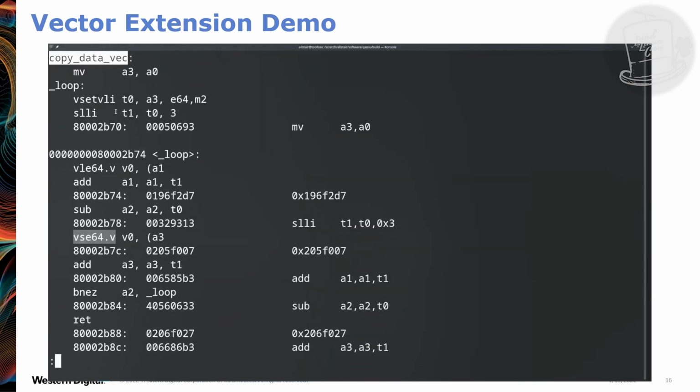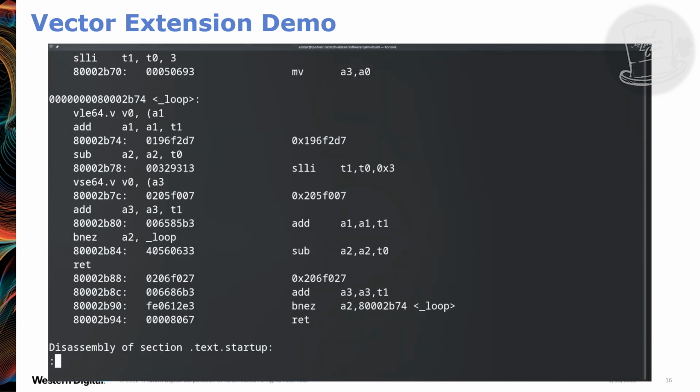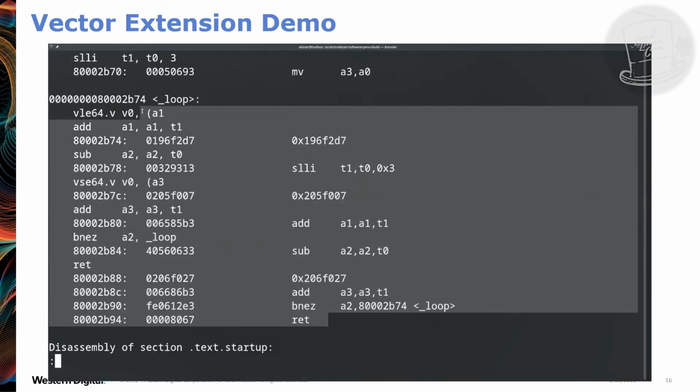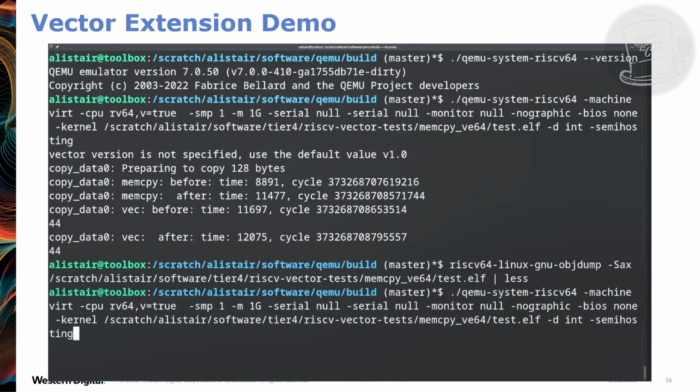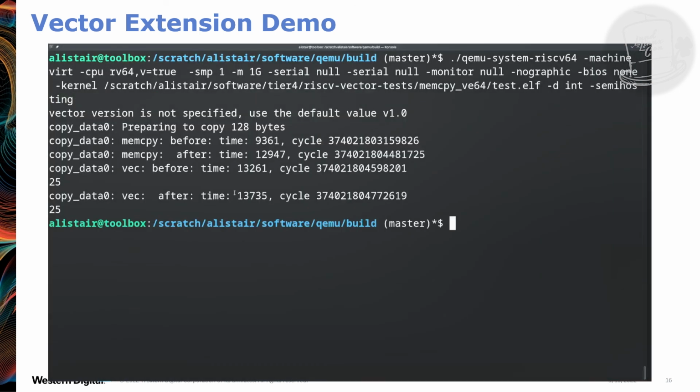So I've said before, QEMU is not cycle accurate. So when I run this, it's not exactly the same as what's going to happen on your CPU. If your CPU takes 5 clock cycles to do a vector operation, obviously it's a different output than in QEMU. But it still gives you a reasonable idea, especially on a RISC, of what it should look like. And this is what I'm showing here.